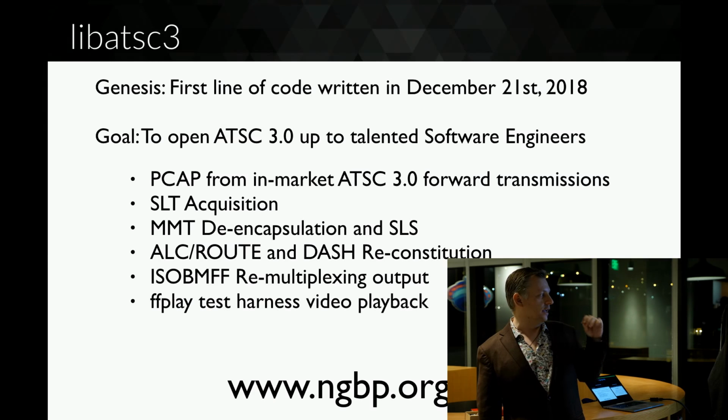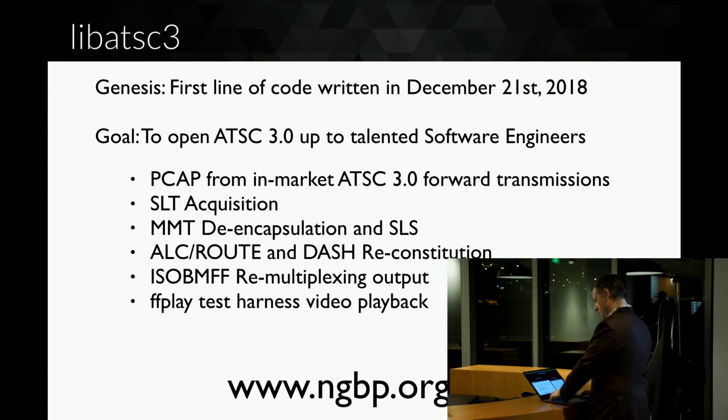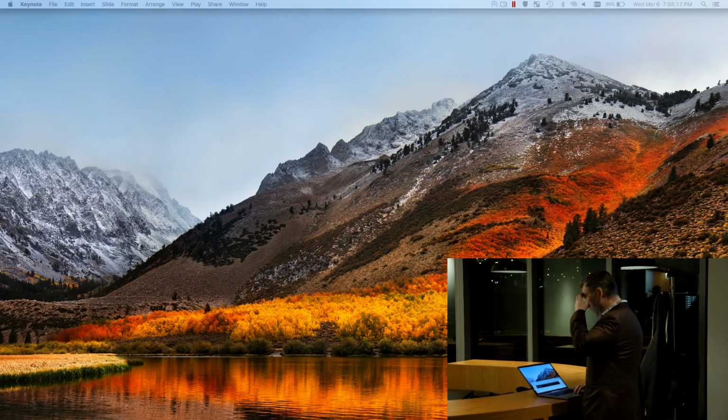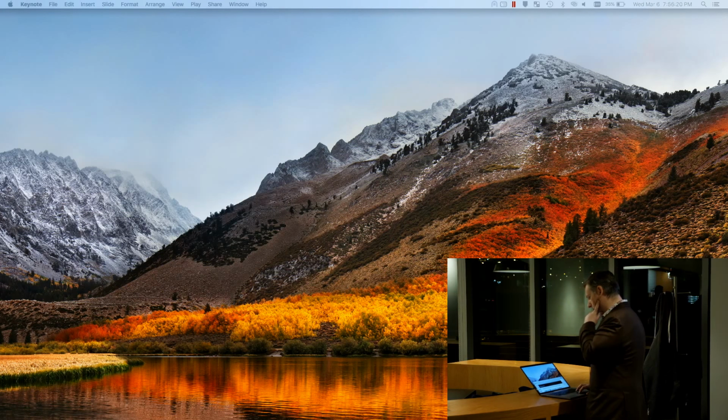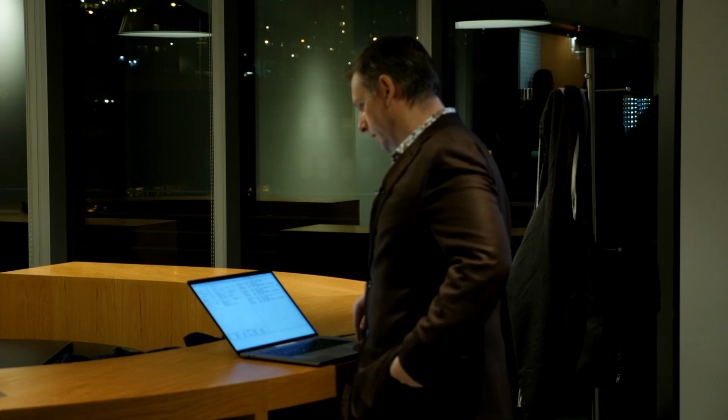So what it means is that all in software on my laptop, I can be a virtual broadcaster and replay content. Just to give you an idea, when I started building this out, I didn't really think I was going to be able to get this far.